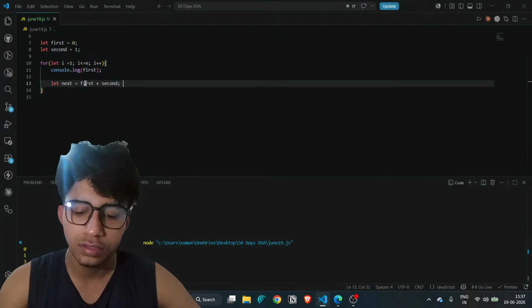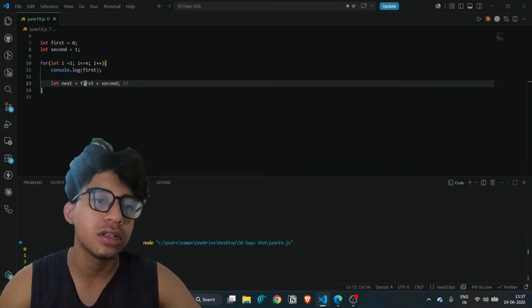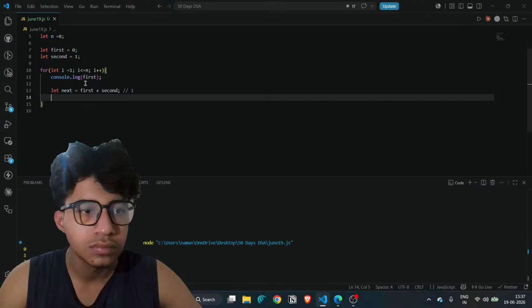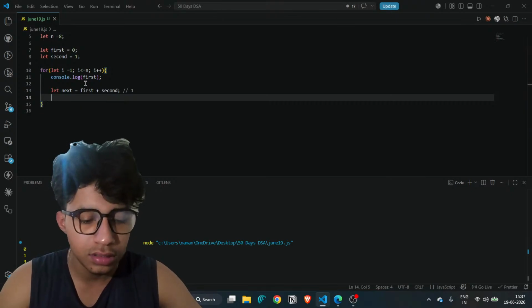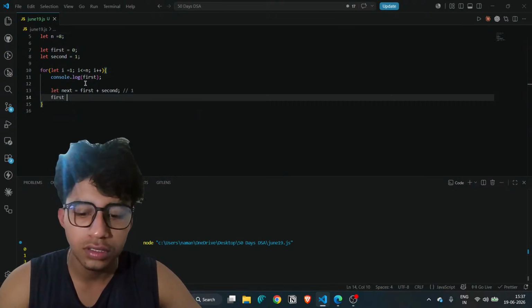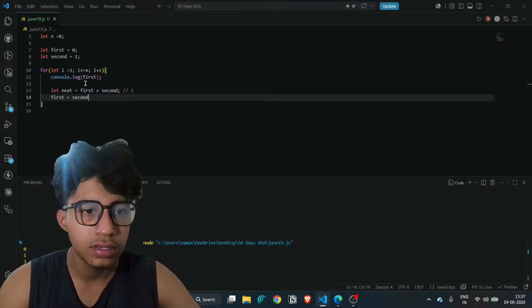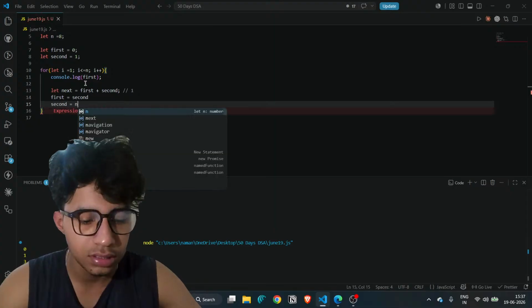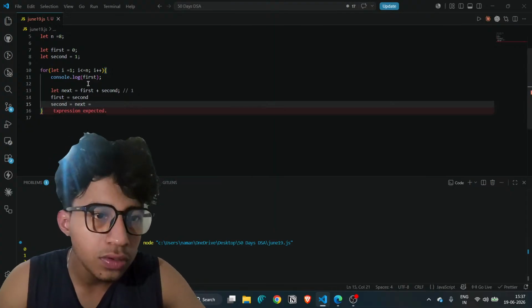Okay. First plus second, so here the value of next is 1. And first is equal to second and second is equal to next. That means now the first